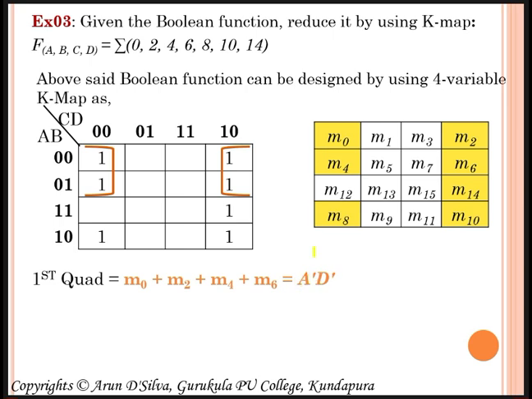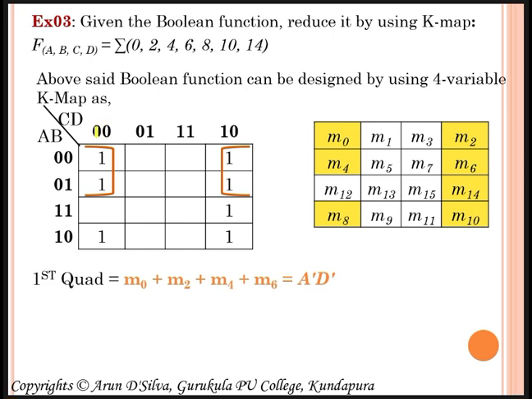How is it possible? Now looking at this, there are two rows involved in this quad, that is 0 0 and 0 1 of AB variables. Now here A value 0 itself is there and B value 0 1 changes. So I am taking A value as 0, so A dash it became. While looking at the column side, the first column 0 0 is there and the fourth column 1 0 is there.